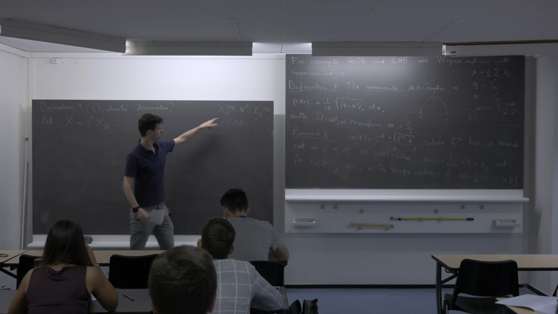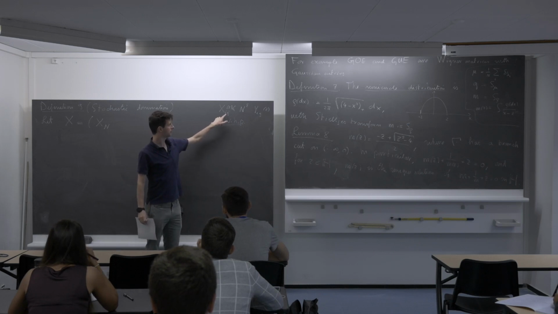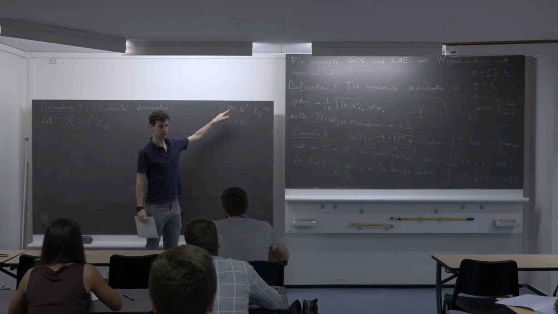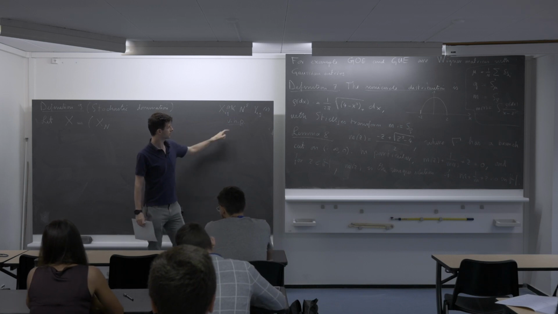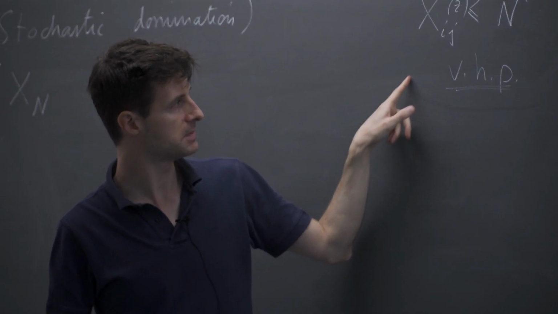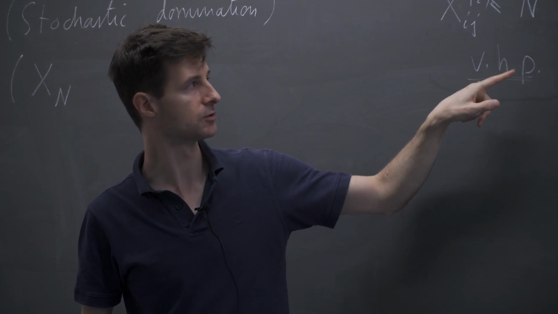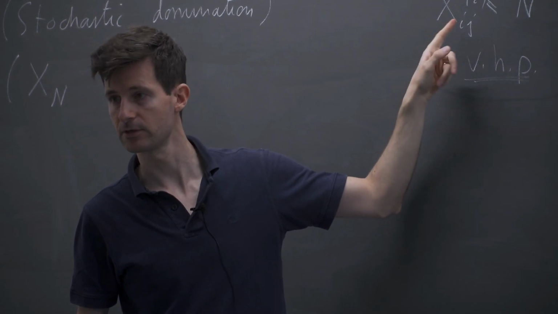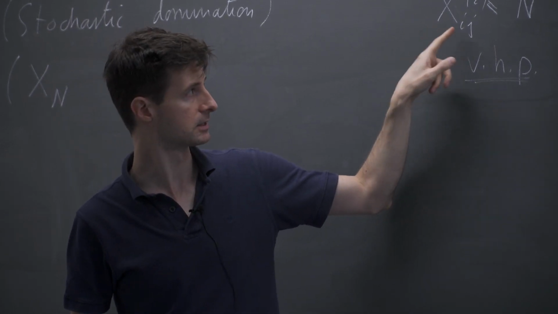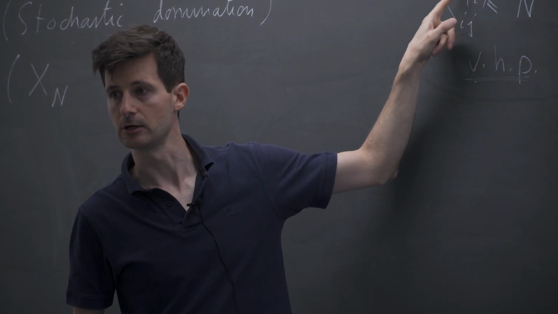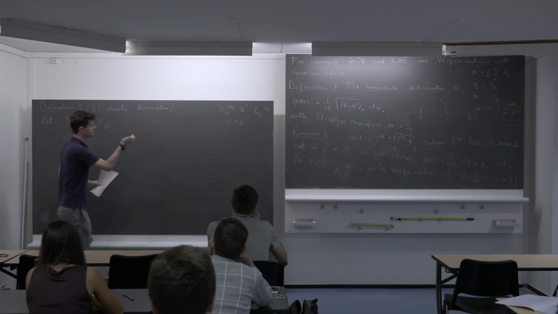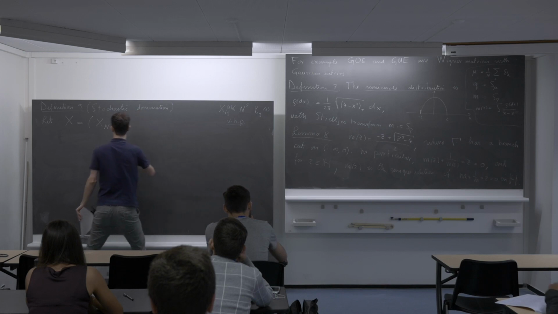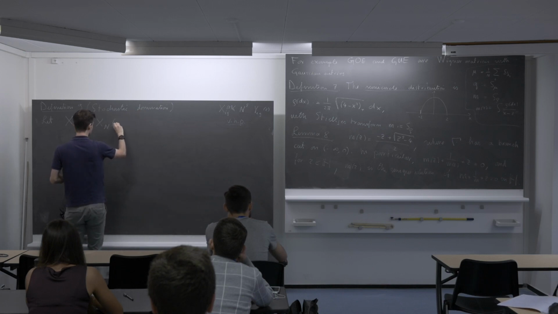And I want this to hold for every i, every j, and every z. But it's very important that this epsilon and whatever meaning I give to this thing do not depend on i, j, and z. So everything has to be uniform in these indices and in the argument z. And all of these indices and the argument z, I will put into some abstract